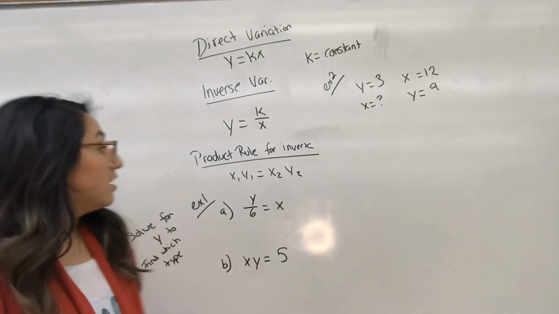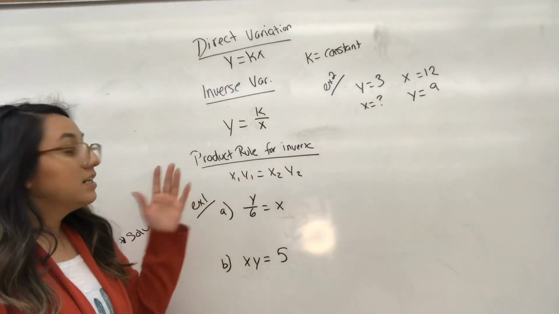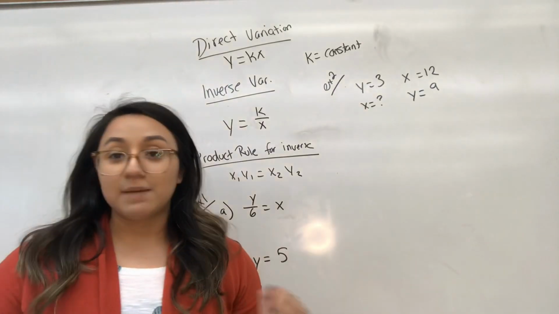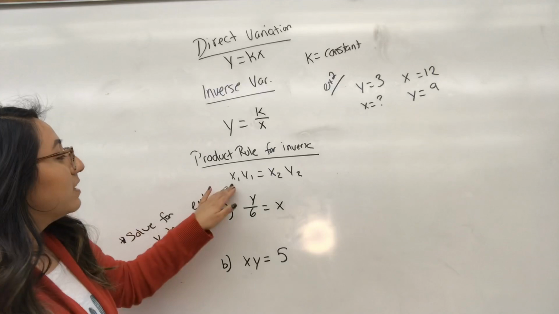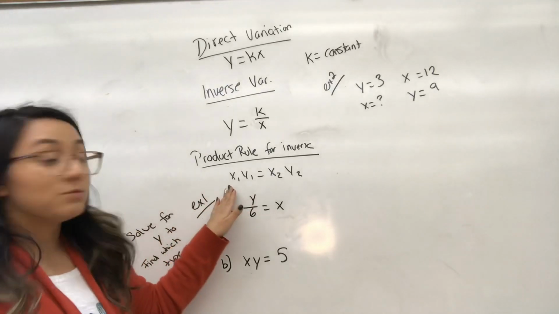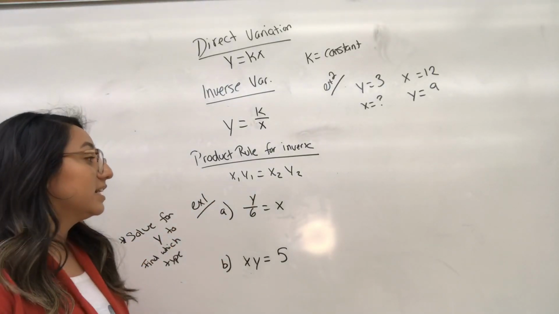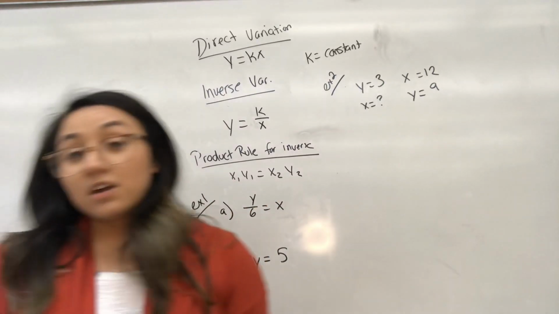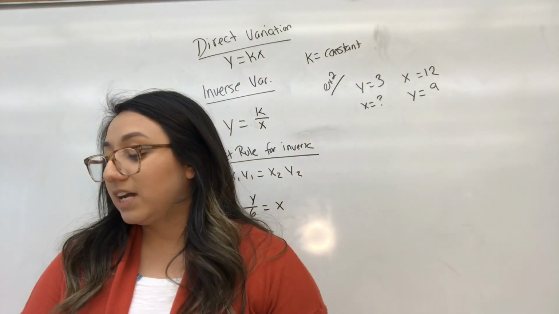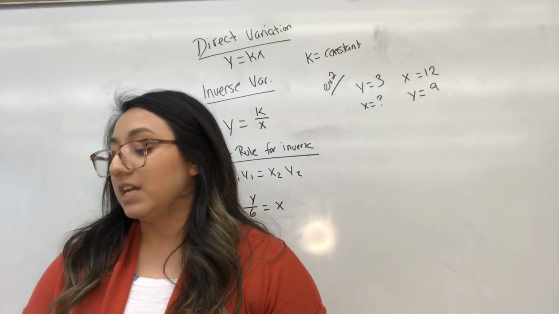Here also keep in mind the product rule for inverse when you're dealing with 2 different values for x and 2 different values for y. So x1 times y1 is equal to x2 times y2. Now for example 1, according to your book, it says, tell whether each relationship is an inverse variation